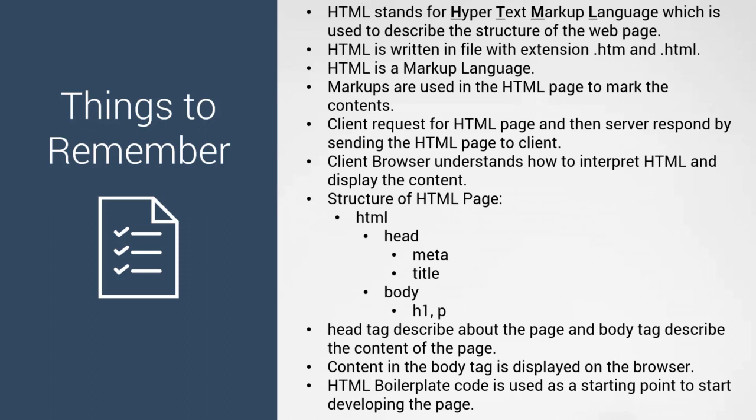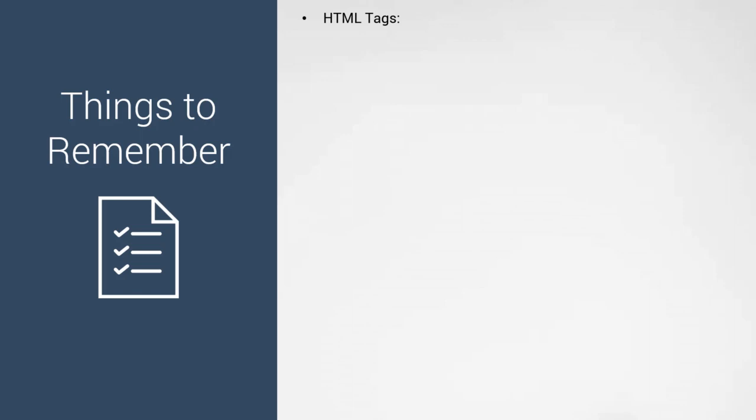Then we talked about HTML boilerplate code, which is used as a starting point to start developing the page. Actually, we have created our own boilerplate code and then we have used it for our examples as well. Then some of the tags that we have seen in this section, we have seen heading tags from h1 to